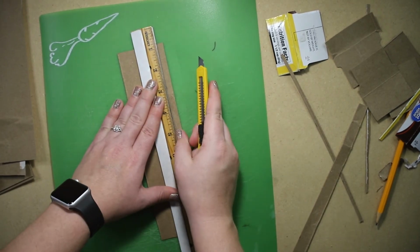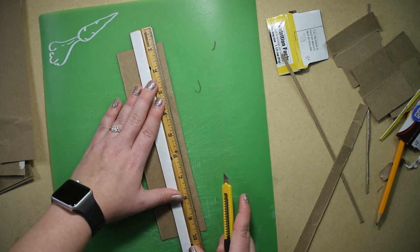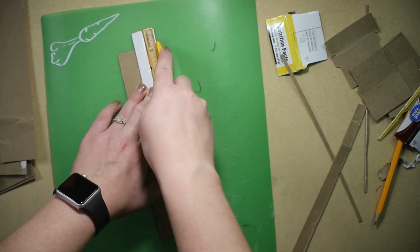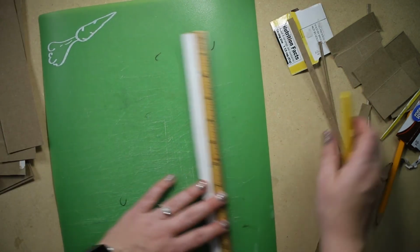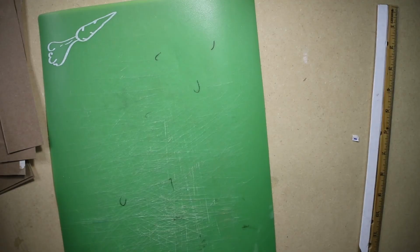One more swipe. Oh, my ruler moved. It really does help to have the metal ruler with the cork backing, because then it doesn't slip as much. Alright, and there is number 3. Alright, so get rid of these scrap pieces. Alright, so the next step,